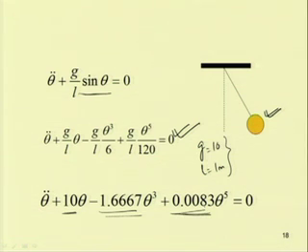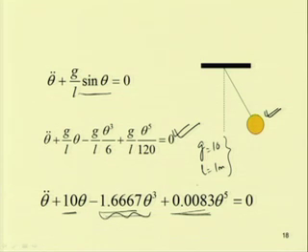But still one can neglect this term also, as the coefficient of theta cubed is very small, almost 7 to 8 times less than that of the linear term. In that case one can write the linear equation, theta double dot plus 10 theta equal to 0, which we have already discussed. But if we are not assuming theta to be small, then we have to take these terms into account.